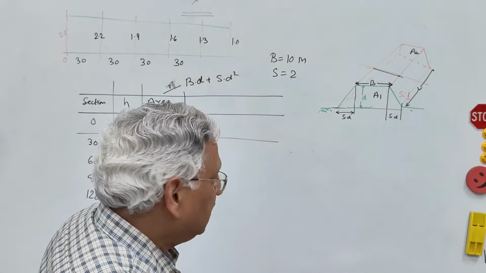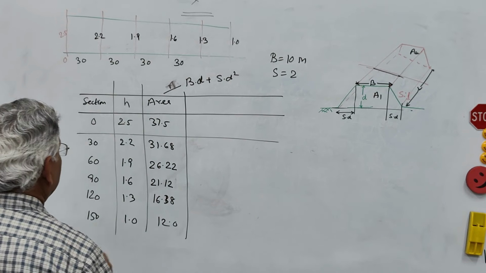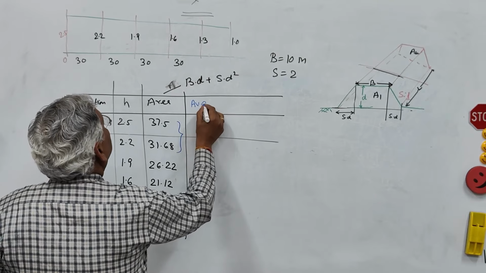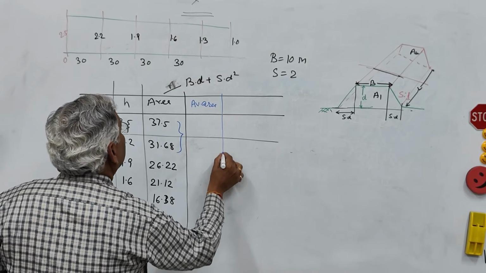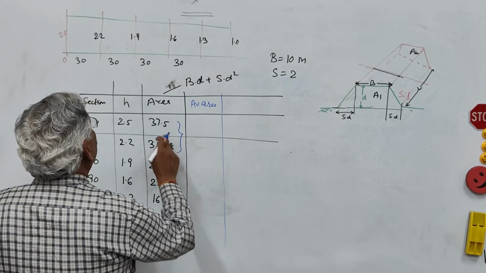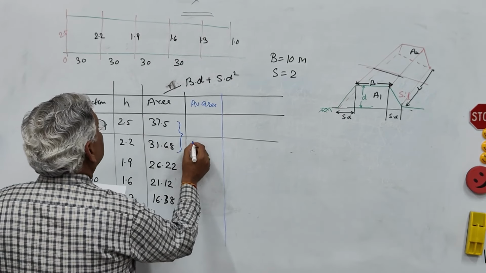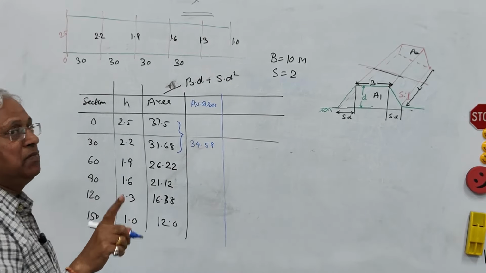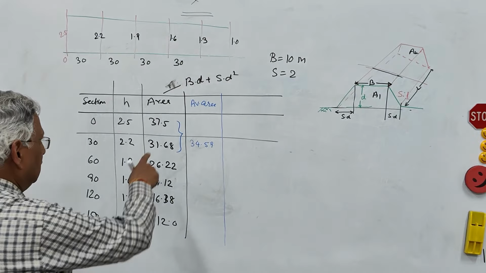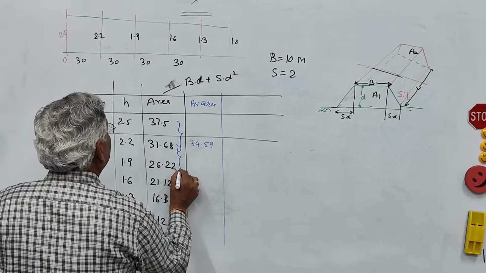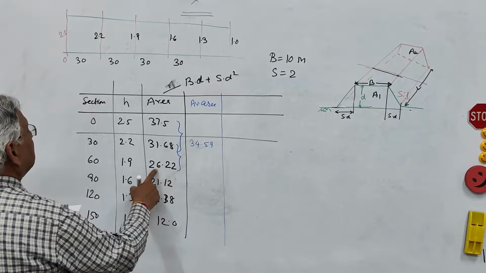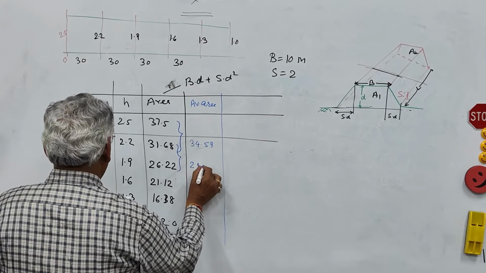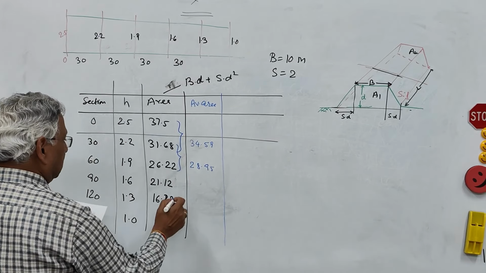Now you take the average of areas. So take the average here. That is the average area. Next column. So the average of the first two is 34.59. That is the mean average method. Okay, the mean of these two. Similarly, the next two values, 31.68 plus 26.22 by 2, and that is 28.95. Similarly, you do it, and